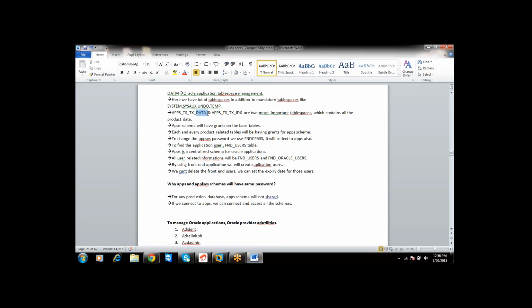There is no limitation for a tablespace to have only so many data files. You can create any number of data files within a tablespace. Is there any limitation? No. So they have come up with two tablespaces which contain all the individual data files, and this architecture helps Oracle RAC to support it. Previously, in the older versions, it was different. Are you getting the point? Did you understand this concept or not?